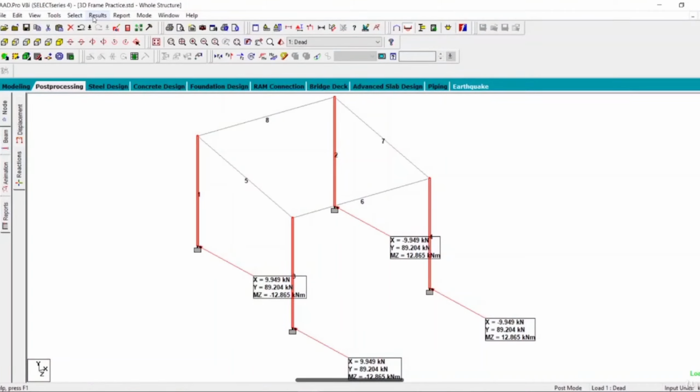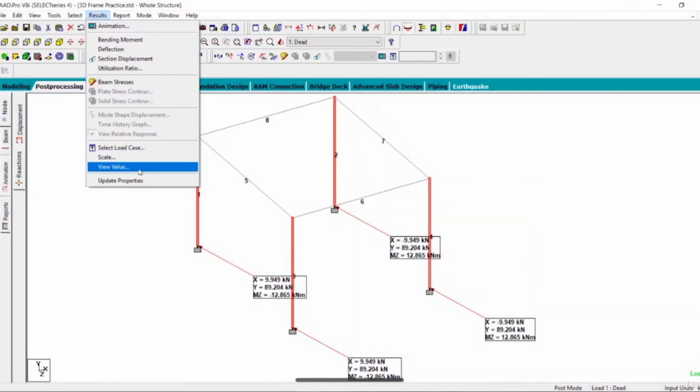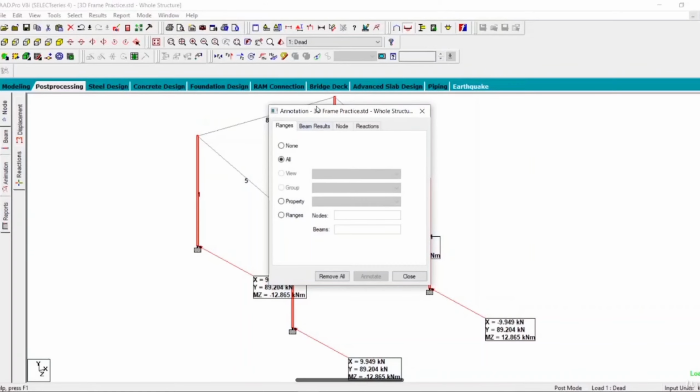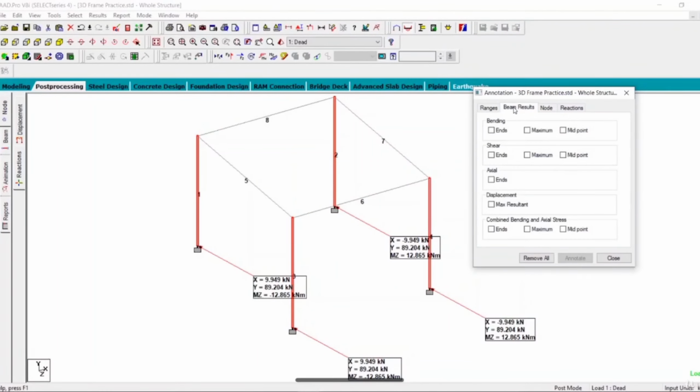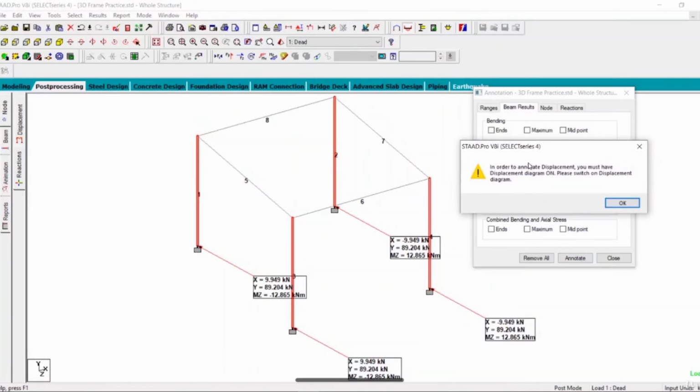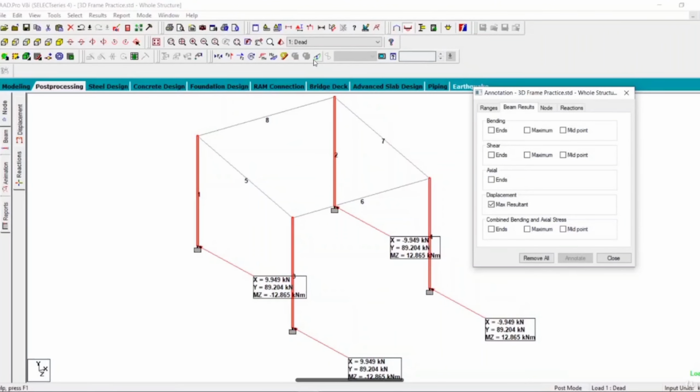Again, go to results. Click on view value and click on beam results. Let us see the displacement first. Click on maximum results and click on annotate. In order to annotate displacement, you must have displacement diagram on. Please switch on the displacement diagram. So we have to switch on the displacement diagram. Click on OK. For that,